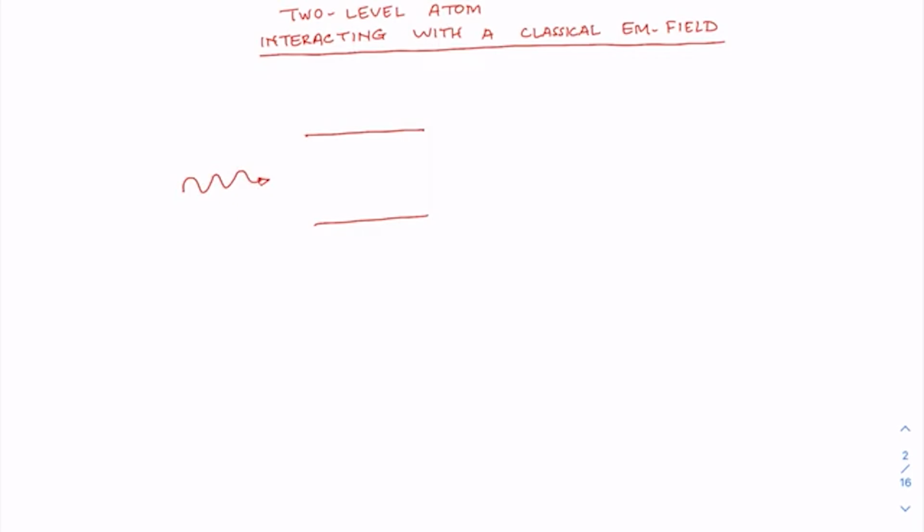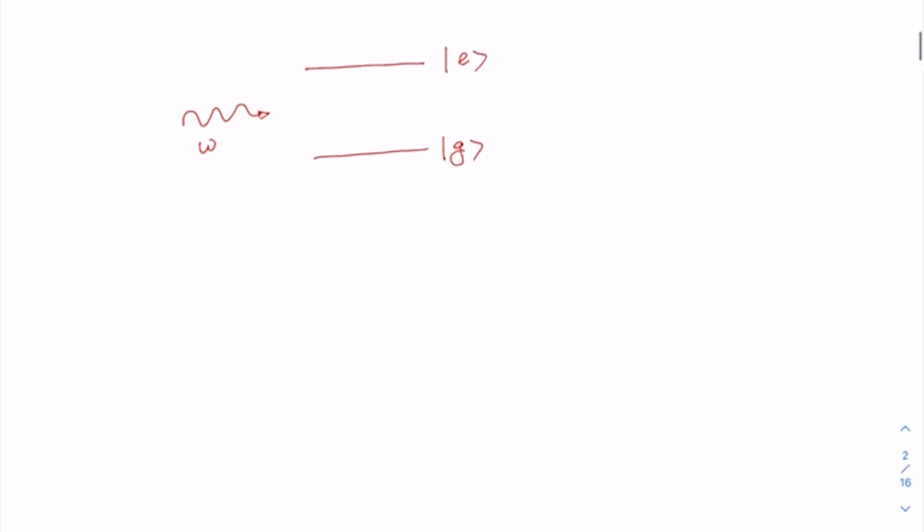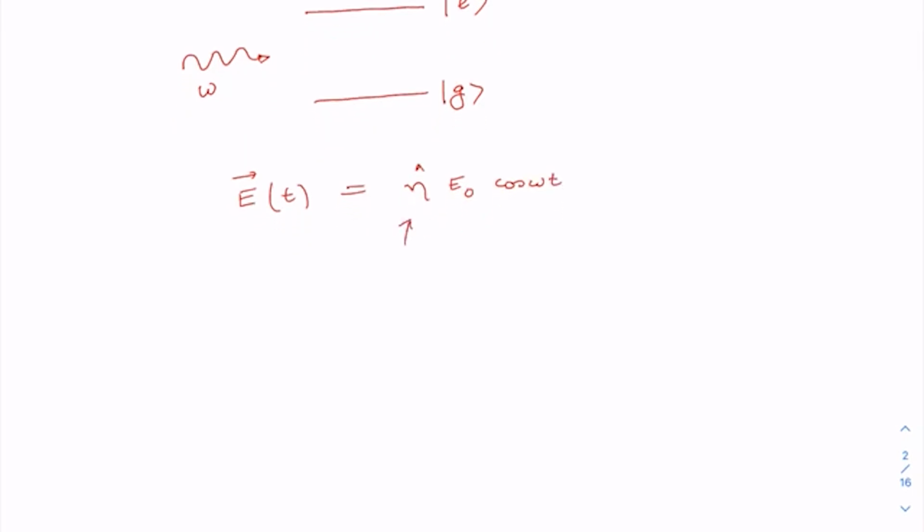So we are considering that a laser field with frequency omega is incident on the atom, which is modeled as a two-level atom having the ground state labeled as |g> and the excited state labeled as |e>. We assume that the laser field is monochromatic and its electric field is represented by this equation: E(t) = η̂ E0 cos ωt, where η̂ is the unit polarization vector of the electric field